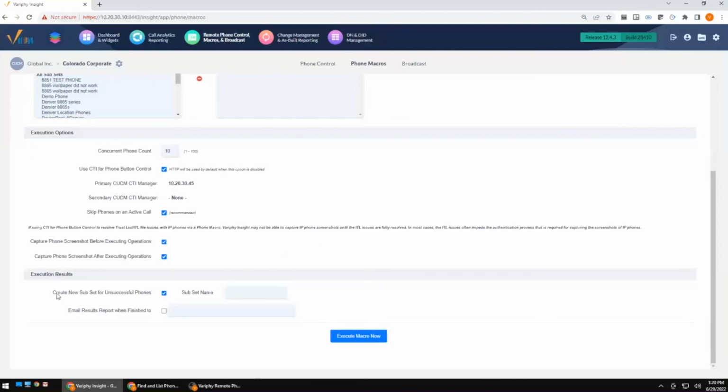Now, another option that we have down here is to create a separate subset for just failed phones. And you may want to put a date in there or something like that.